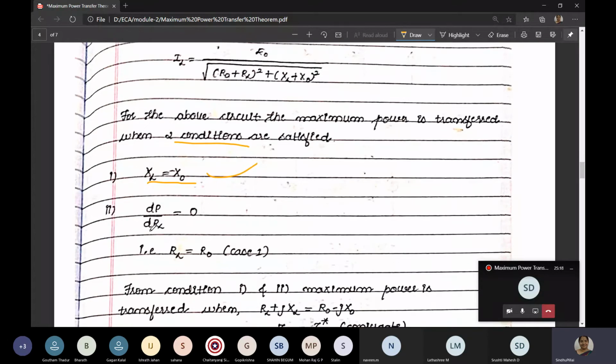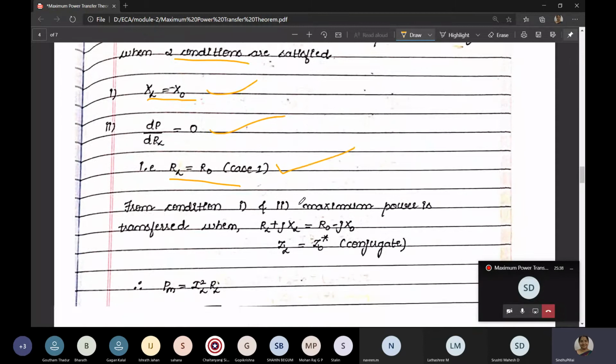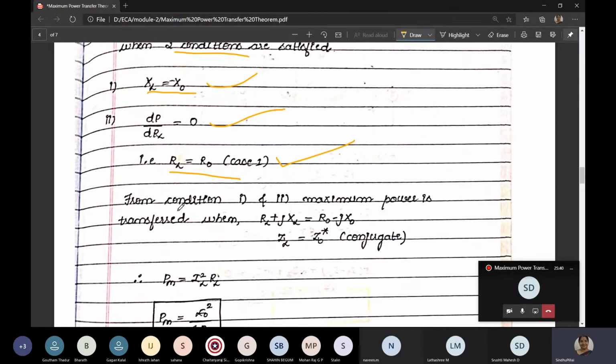Second is, this is what we did for the two cases, that is differentiation of the power with respect to RL is equated to 0, that is dP by dRL is equal to 0. And this we had done, and we found that RL is equal to R naught. That was case 1. The second has been done. So for the first one, that is XL is equal to minus X naught, what will we do? From conditions 1 and 2, maximum power is transferred when RL plus jXL